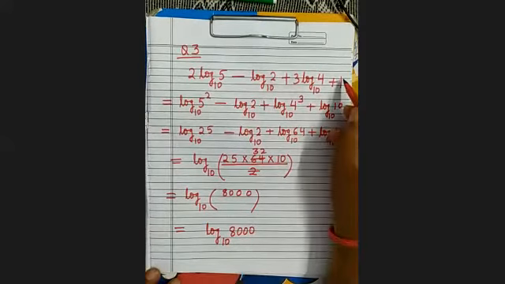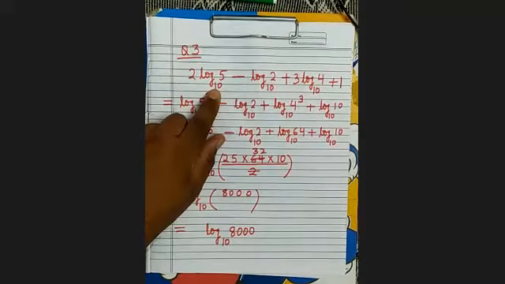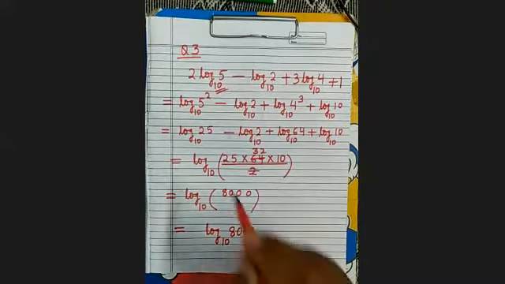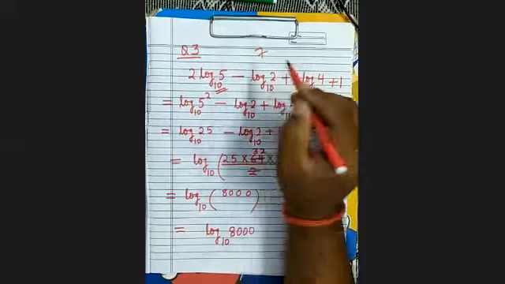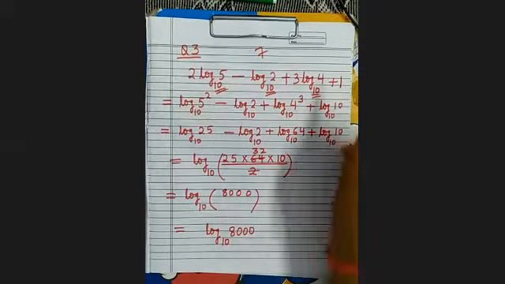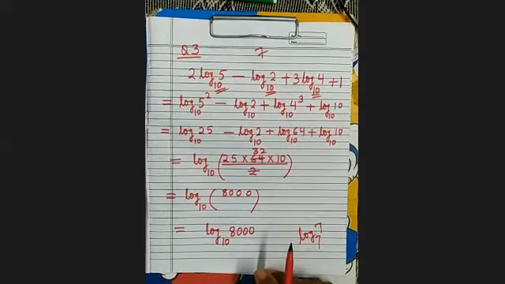So see here, all of you remember, how will you change 1 into a single logarithm, in logarithmic form? Since here it is base 10, you can write 1 as log 10 to the base 10. Suppose here the base is other than 10. Suppose the base is 7. Then how will you write 1? You can write log 7 to the base 7. You have to write it on the same base.